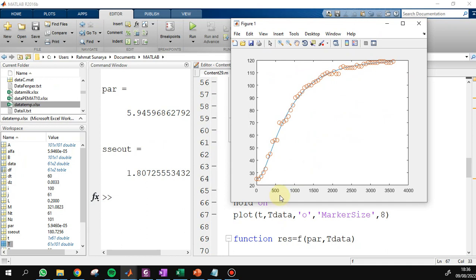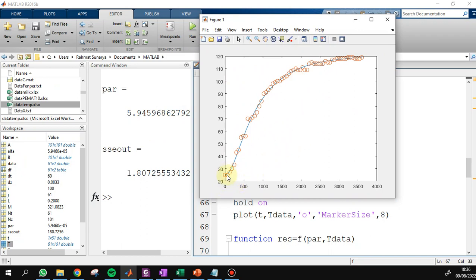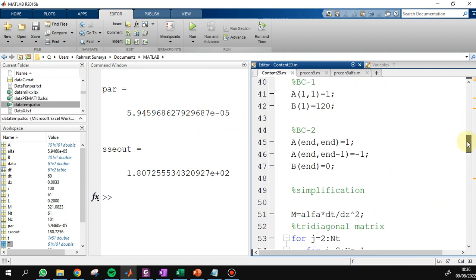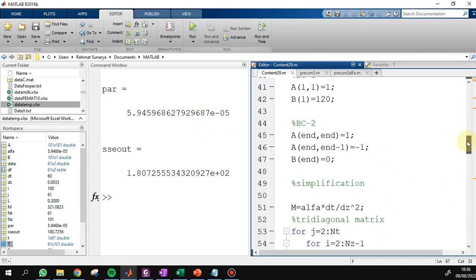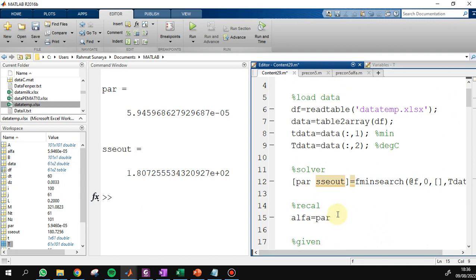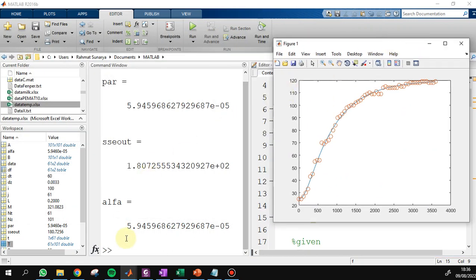This figure shows the data fit with the model. We find alpha is 5.9 e minus 5.